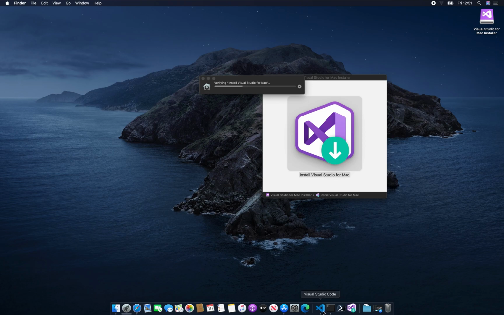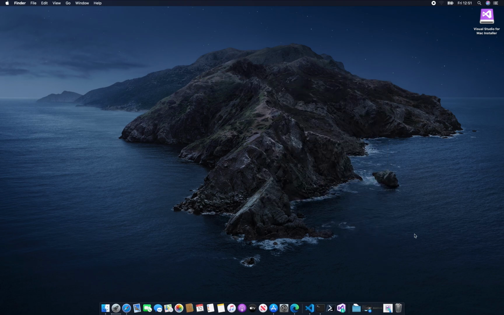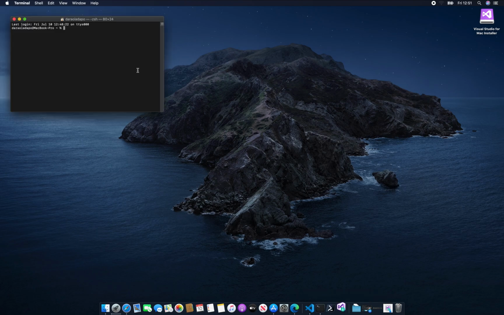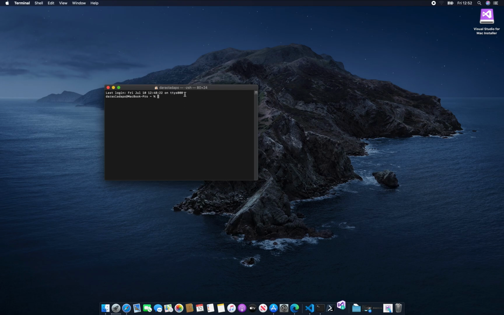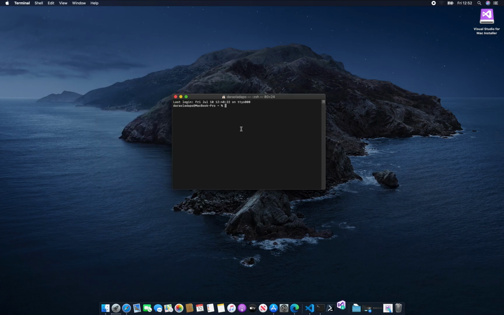So while I actually wait for that, let me share with you how running .NET Core looks like on a Mac. So I got the terminal right here. How do I zoom on this thing? I'm not even sure. So if I go ahead and say .NET, so I got my .NET CLI installed. If I type .NET new,